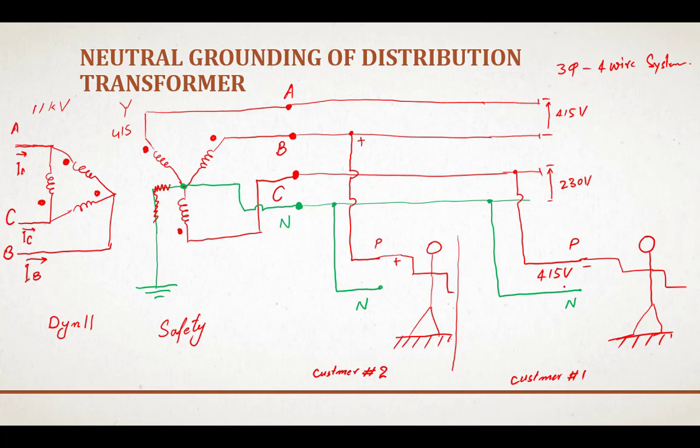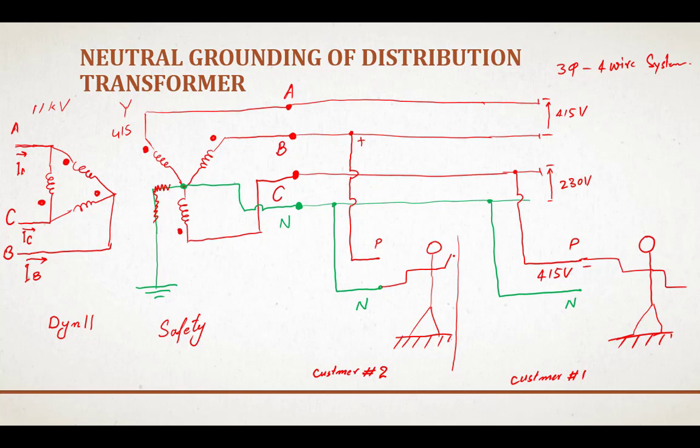So what had happened? They were confident that nothing is going to happen if they will be in contact with either phase terminal or neutral terminal because the system is ungrounded. And this confidence has resulted in the simultaneous shock to both the persons. In the same way, if the second person, instead of making contact with the phase conductor, has a contact with the neutral conductor, the same problem will occur again.